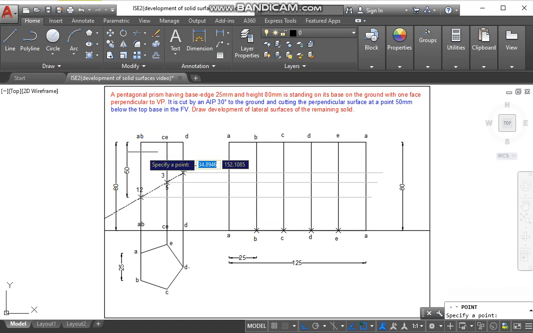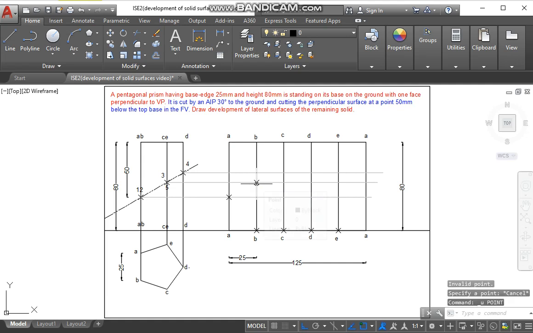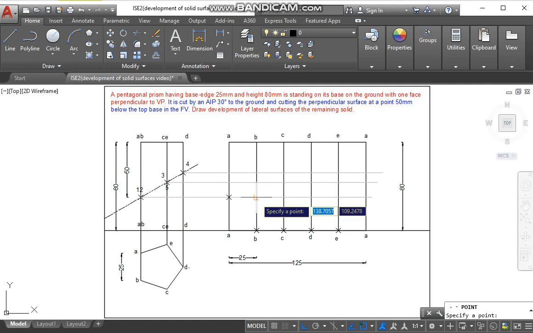So the point on AA would be 1, the point on BB would be 2, the point on CC would be 3, the point on DD would be 4, and coming from 4, the point on E would be 5, and again the point on AA would be 1.